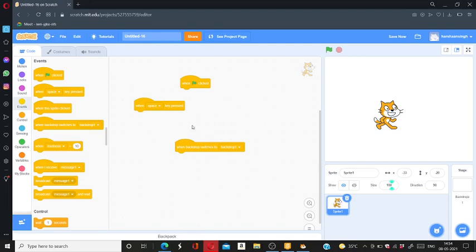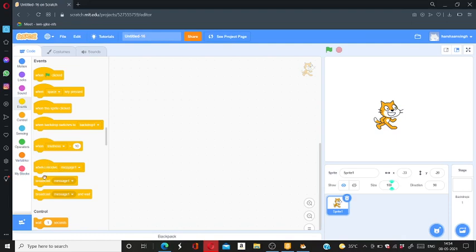If any backdrop, then the code will start. Let me clear it all. So the next is when loudness. When loudness is like it uses your microphone and shows you how much the loudness is. If loudness is greater than 10, then it would do something. We can do like this.